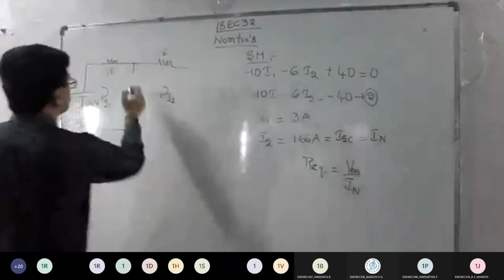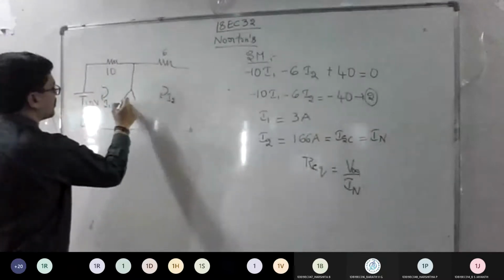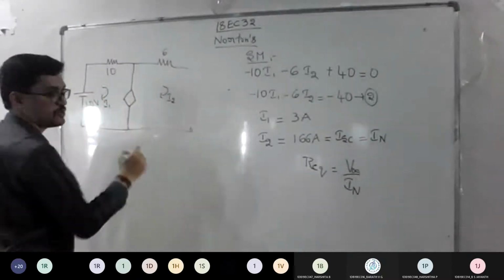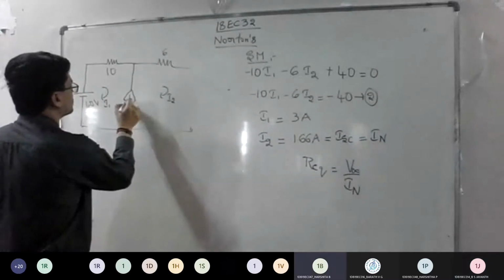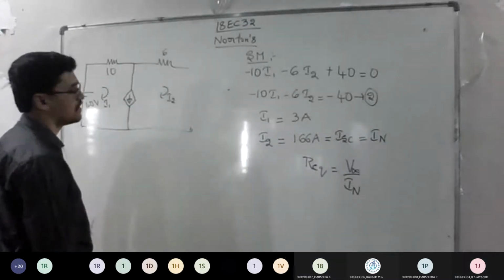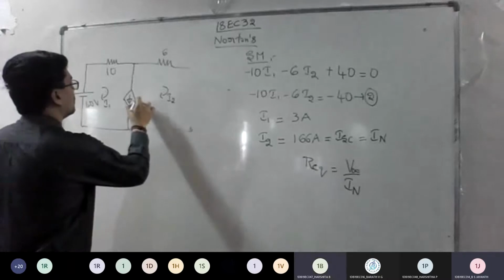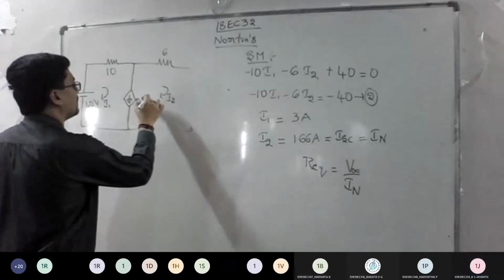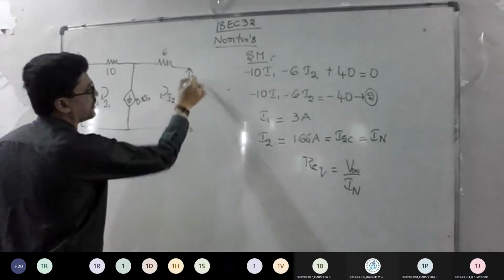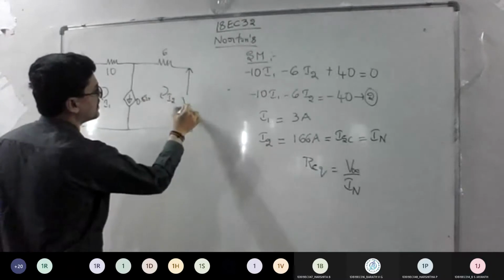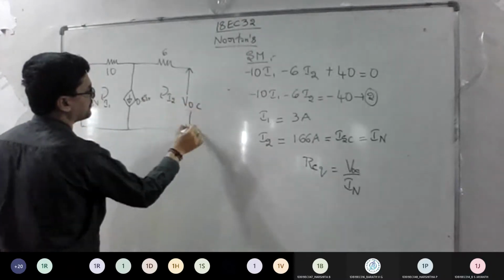So where is the current source? It was here, the arrow mark. Did I get downwards or upwards? Downwards, sir. What was the value here? 0.8 Ix. So now, in place of the load, to find this VOC, I need to connect VOC here.